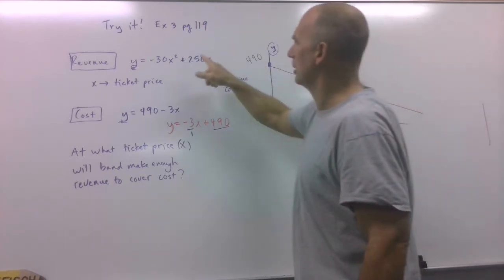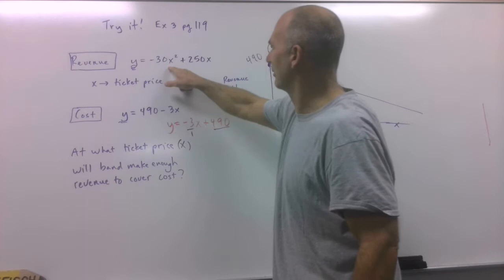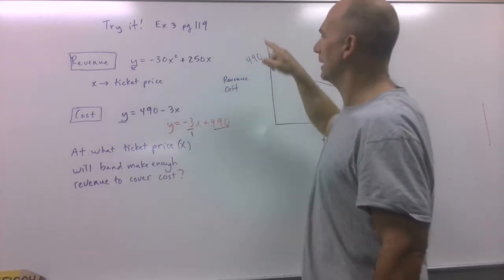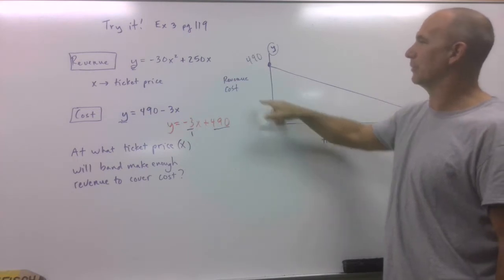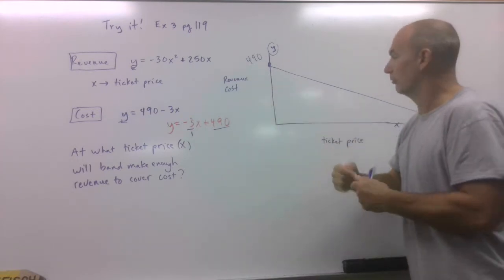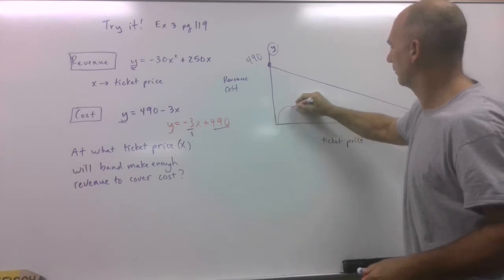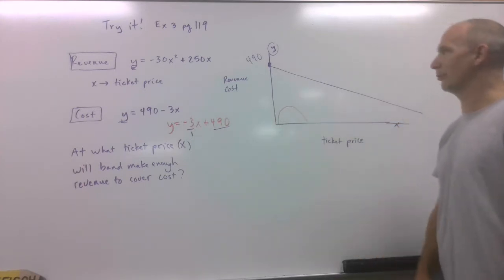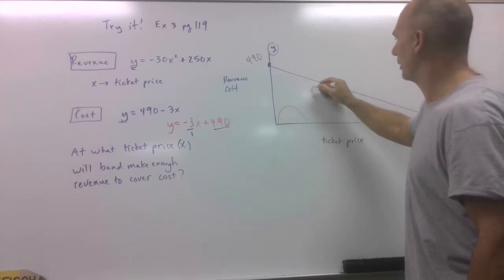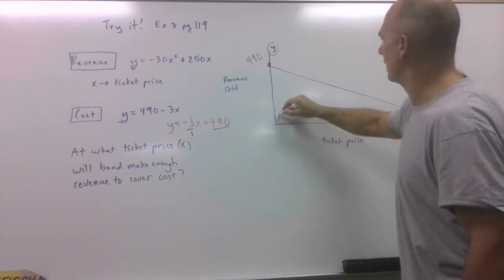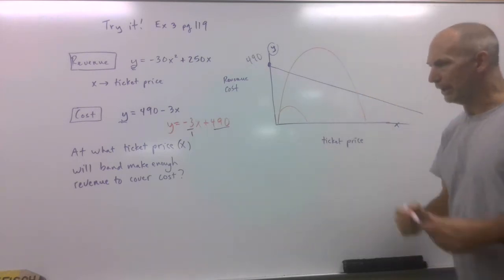Now, what does this represent? Well, this represents a parabola, and if I charge $0, my revenue is going to be zero. So it's going to be something like this. It could be like this, where there's no way you can make any money. Or it could be up like this and touch it in one place. But I'm going to try something and just go, hey, it's going to come up and come down,